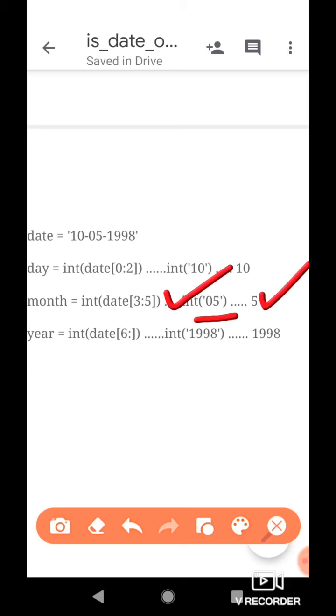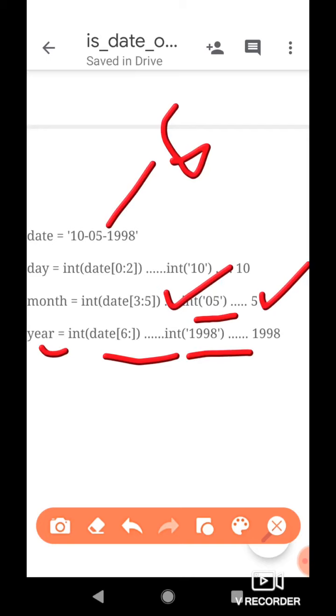Please note that we are converting the month in string form to the month in number form using the int function here. Similarly, we will extract the year part from the input string of date by writing 6 colon. The 1 of 1998 is at index 6, and when we write 6 colon, that means we do not provide any stopping value, so the slice we get is all the remaining characters starting from index 6.